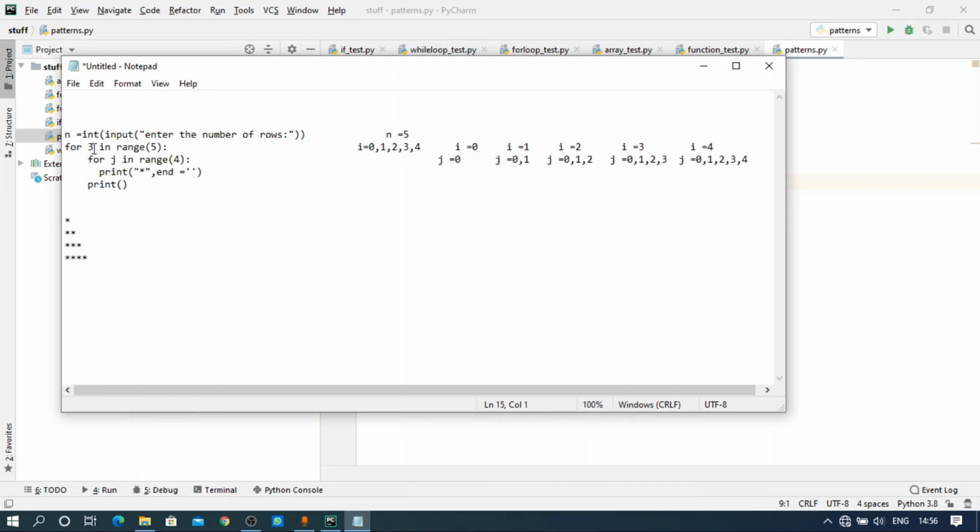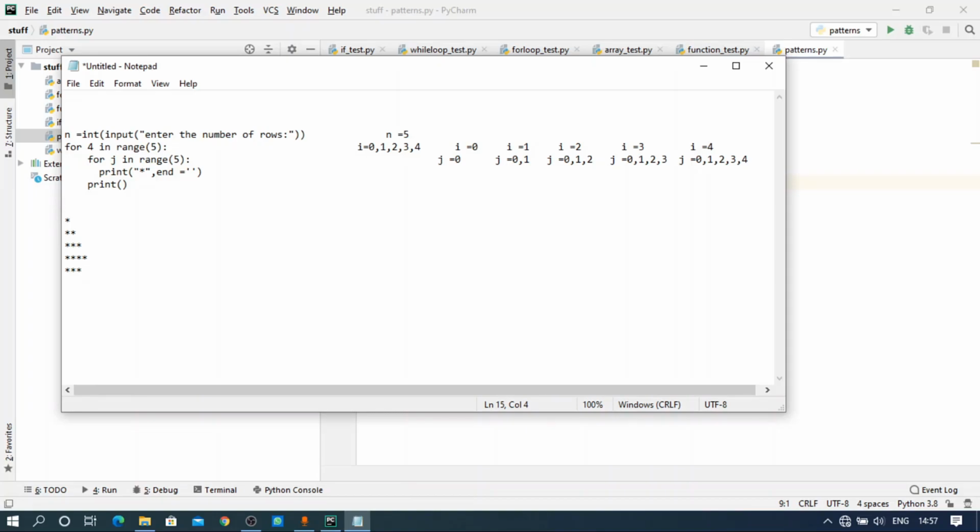And now i will become 4. 4 is in range of 5, true. j is in range of 4 plus 1, that is 5. So j will start at 0. 0 is in range of 5, true, so a star is printed. j is incremented. Now j will become 1. 1 is in range of 5, so a star is printed. And again j is incremented. j is equal to 2. 2 is in range of 5, so a star is printed.